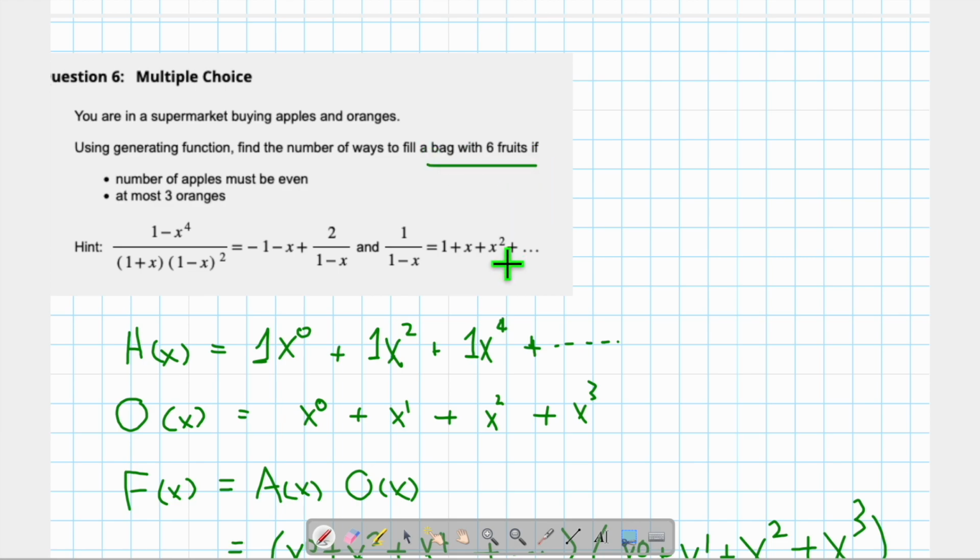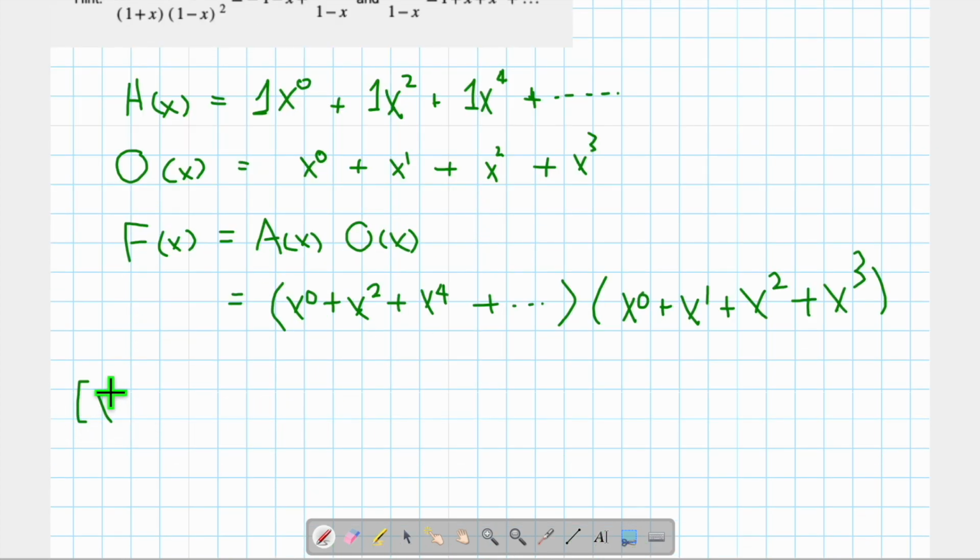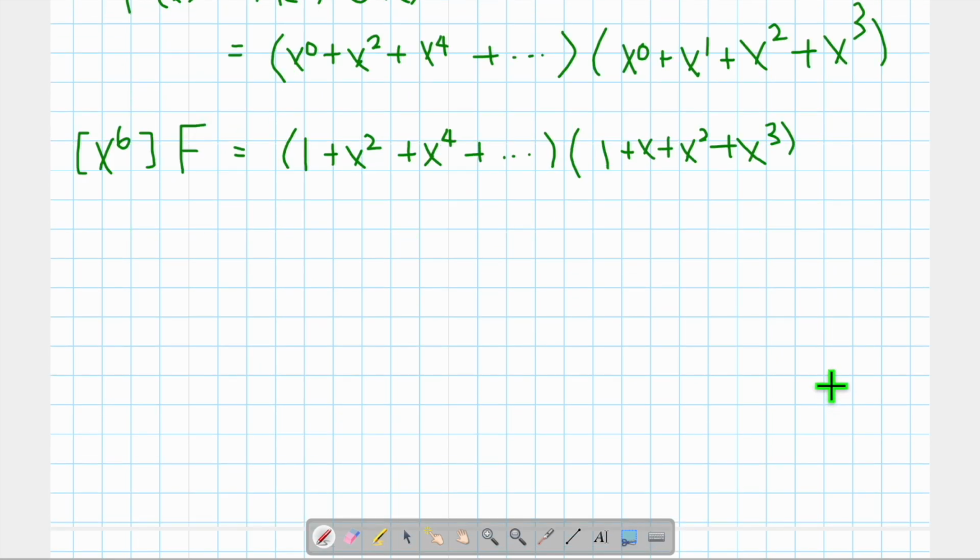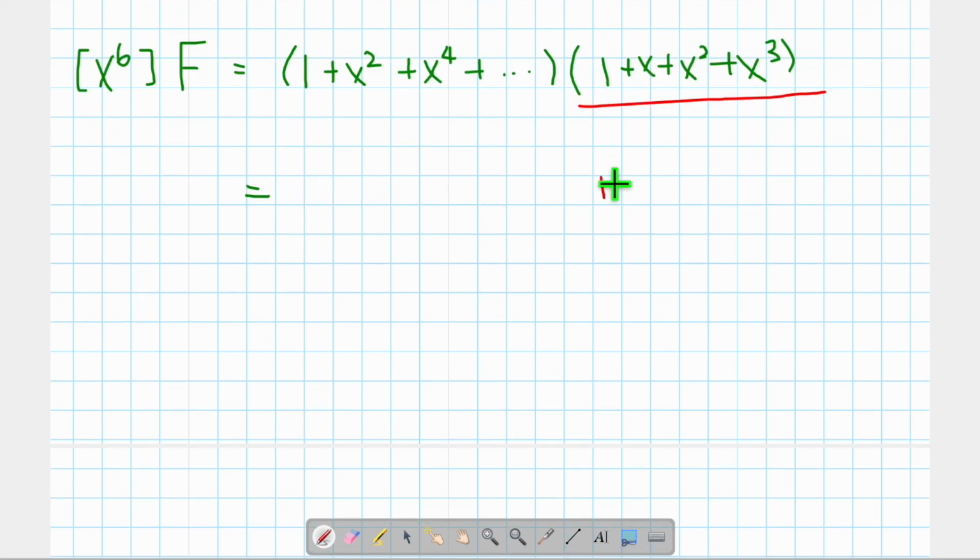How many fruit do we have? 6 fruit. So we are actually trying to get the coefficient of x^6 of this polynomial. We want to get the x^6 coefficient of this f. Okay, so first let me write them down in a more explicit way. So we have 1 plus x squared plus x^4 plus dot dot dot. What are we going to do? This guy, okay, 1 plus r squared plus